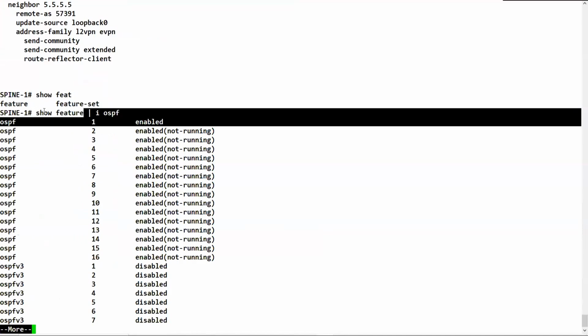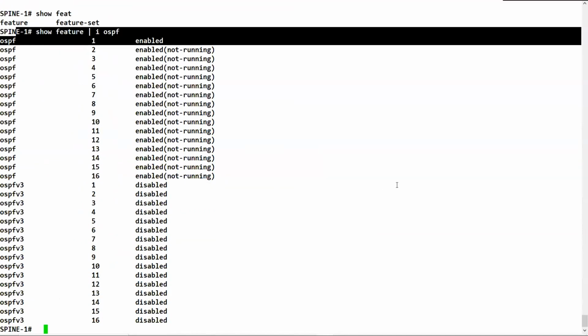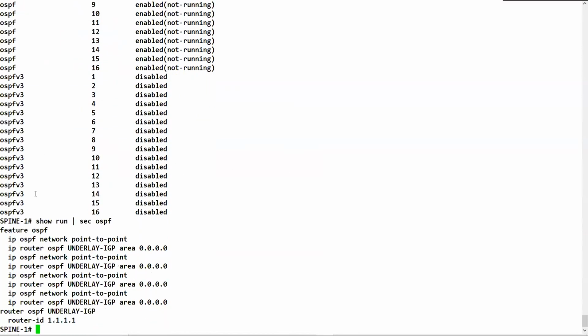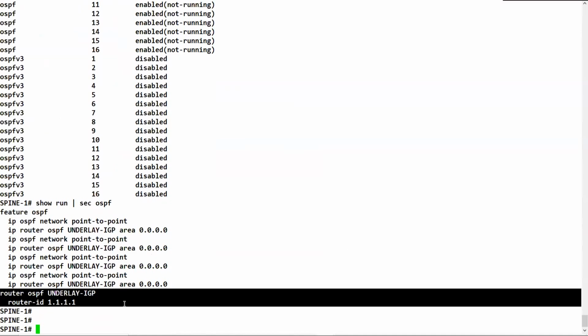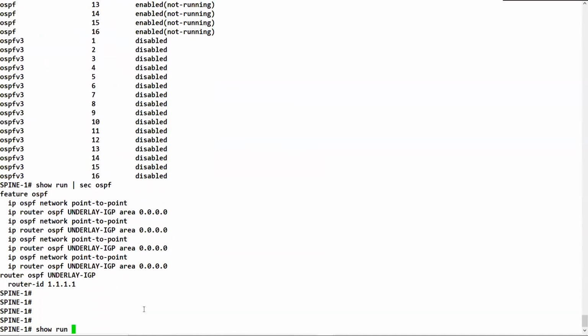You can see that OSPF is enabled, right? Then, or you can also check with this show run pipe section OSPF. So the feature is enabled, and we defined the OSPF process, router ID, and then